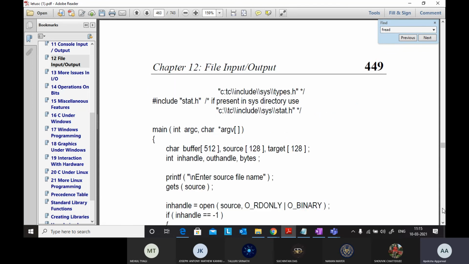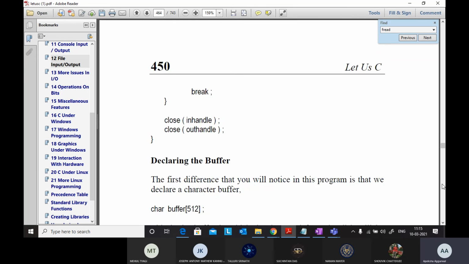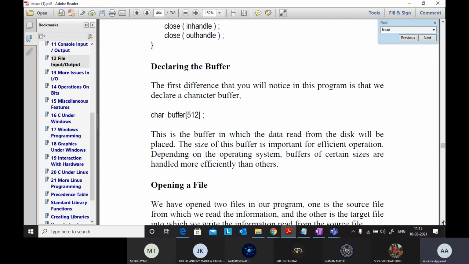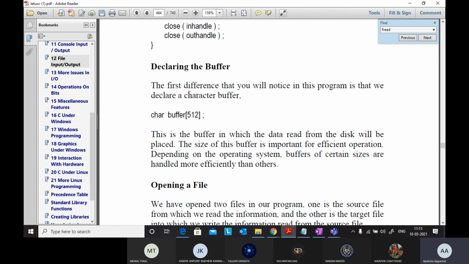Okay, so let's have a look at the commands that this program is using. The first difference in copying directly: earlier we were using fget.c, taking character by character and storing it in a variable, that is record, and then storing it in a file. Here the first difference that you will notice is that we declare a character buffer.